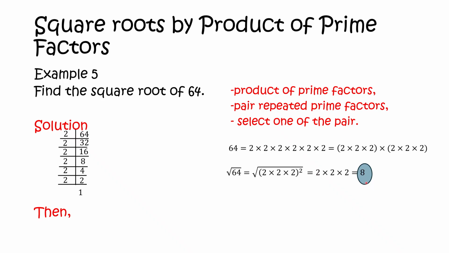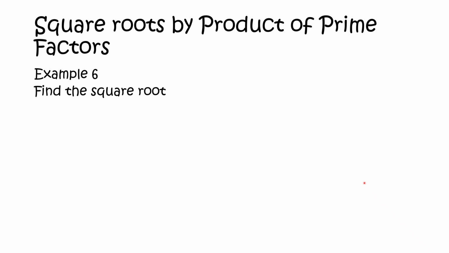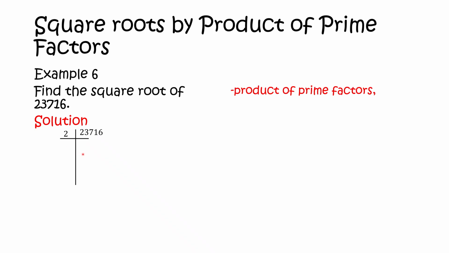So let's move on to the next example. With the next example, we are going to find an amazing square root. So the square root of a huge number, 23,716. Of course, we need to find the prime factors. Now here, it's easy to see that 2 is a prime factor because the last digit is an even number. We divide that by 2, we get 11,858, divided by 2 once again, we get